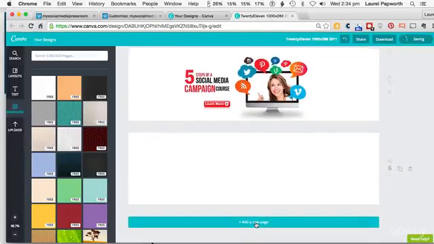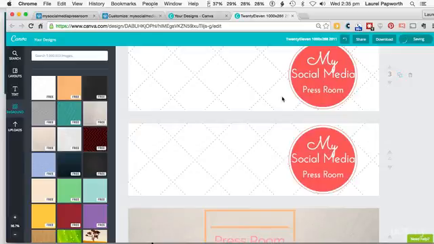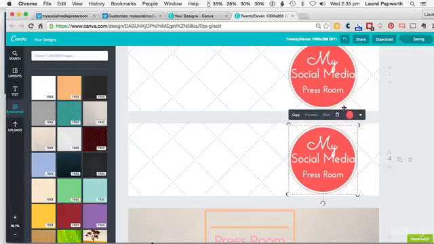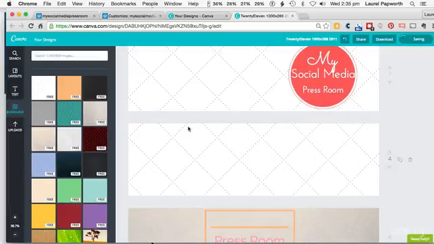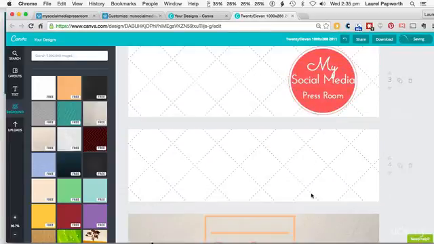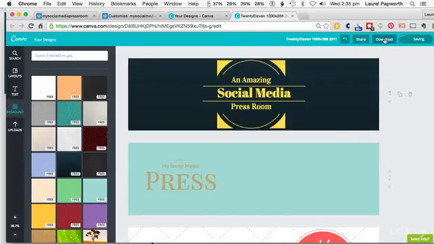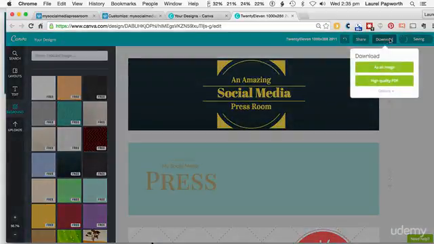If you click add new page, it will copy the one above. If you choose that one and then click duplicate, it will put a similar one at the bottom, and then you can choose things and just delete them and put a different one in. There's lots here for you to play with. What I suggest is that you do 4 or 5 of them, and then when you click download,